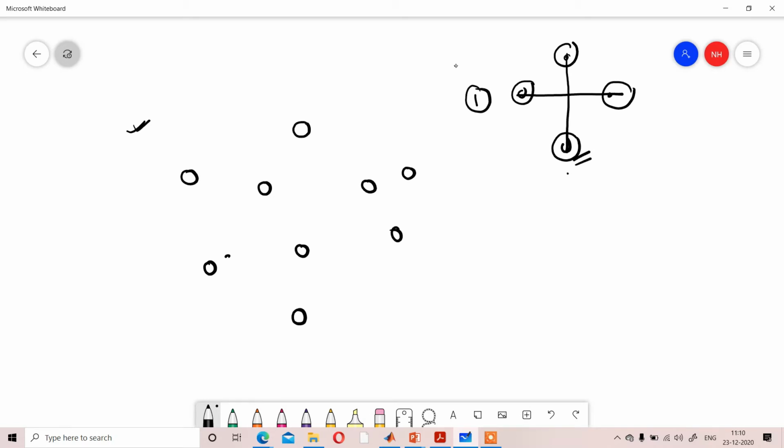Over the y-axis, this one must be the minimum point and this one must be the maximum point. Over the x-axis, this one will be the rightmost point and this will be the leftmost point. Clear?